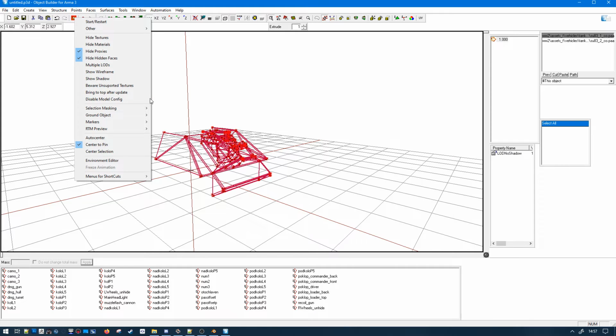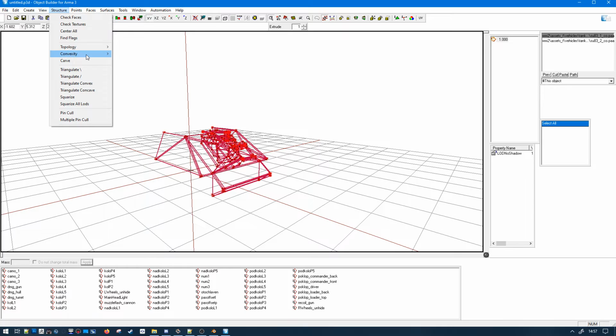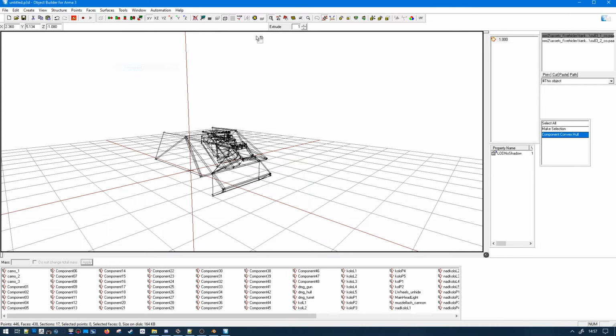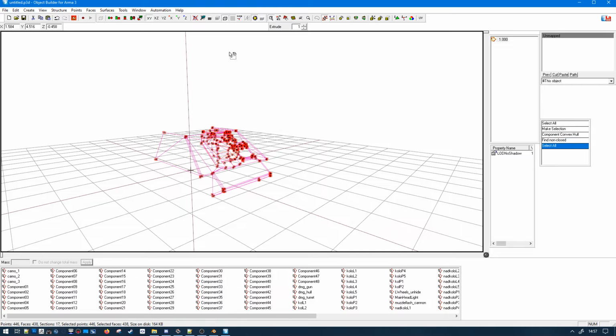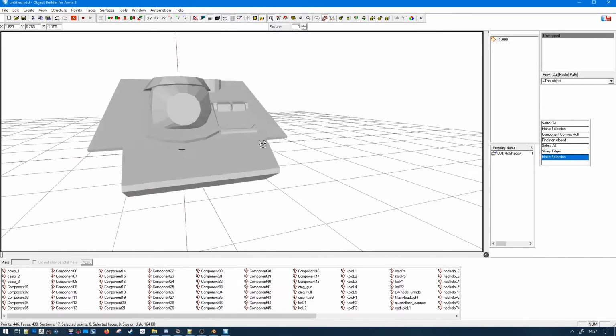But when it's a critical armor piece, it's always: am I going to mess up my entire tank? Structure, so topology, fine, non-closed. Okay, that's fine. So we are finally with our final fire geometry.